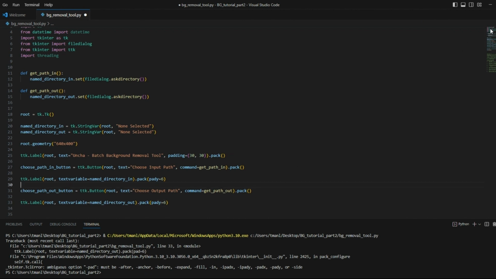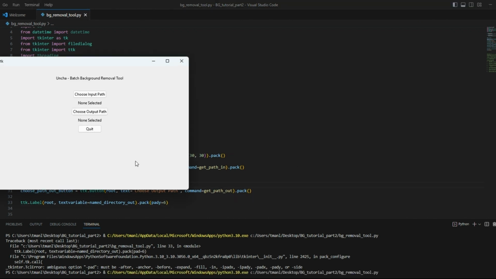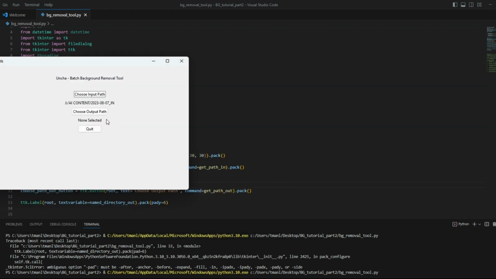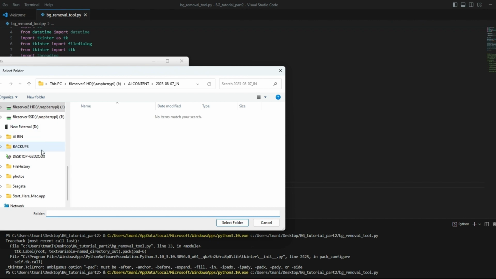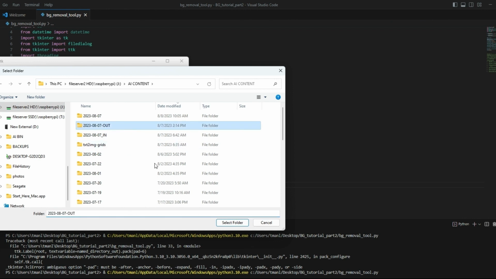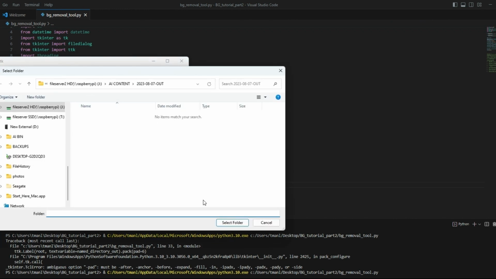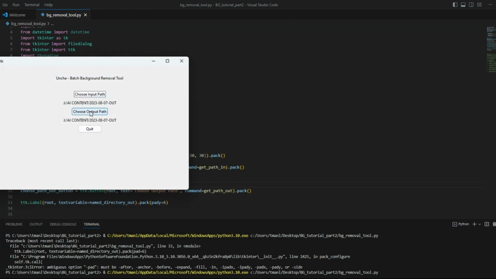Thanks for hanging in there with me. That's another reason why adding those little extra things. This GUI doesn't need it. So you don't need padding. It's nicer with the padding, but it doesn't really need it. So when you're coding, you might take simplicity over visual aesthetics. So you can see where we can choose our path in or choose our path out, and then